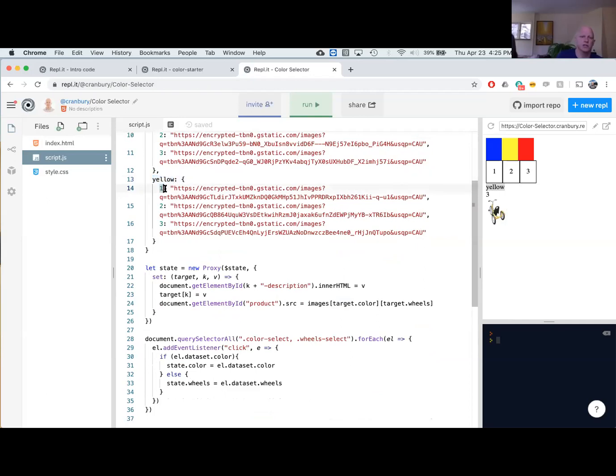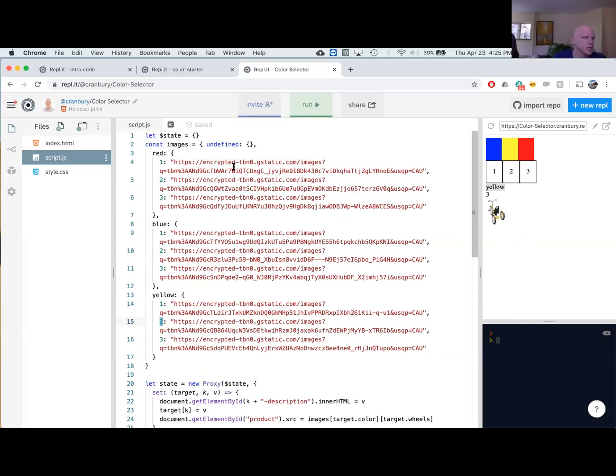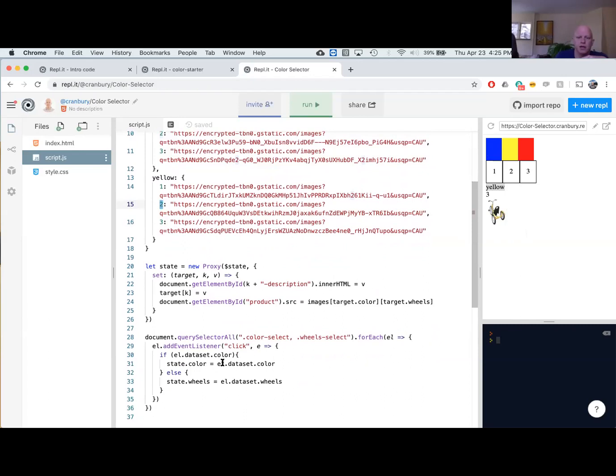So yellow 1 is a yellow unicycle. Yellow 2 is a yellow bicycle, et cetera, et cetera. And I just found these images online. There's nothing magical about this part. Maybe you can use an API, but I just found these images online. So I'm saying, hey, when we assign state.color to equal this, run this code, the code saying, change this word, change the original object, so we're keeping track of it. And then I want you to